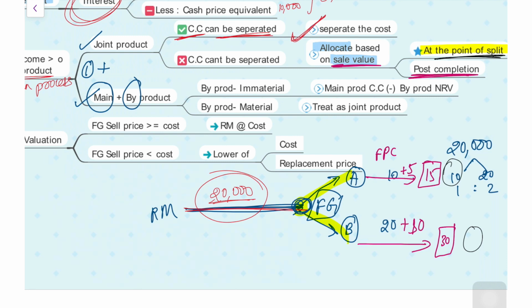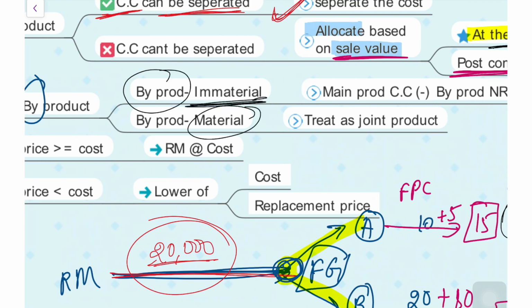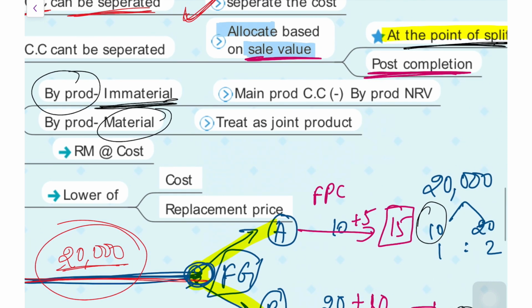Now talking about the second one, main product and byproduct. Here what you do is, you see whether the byproduct that you have produced is immaterial or material, in terms of cost. So if it is immaterial, what you do is, you take the